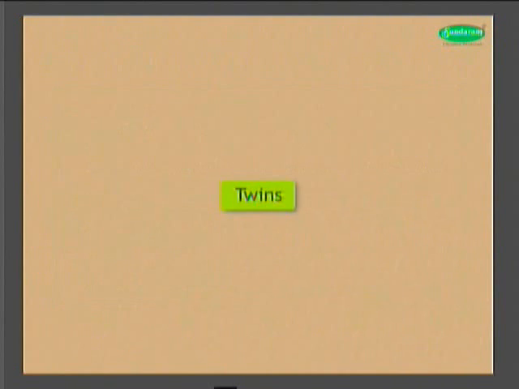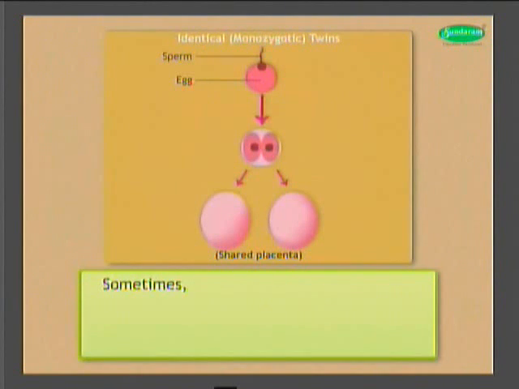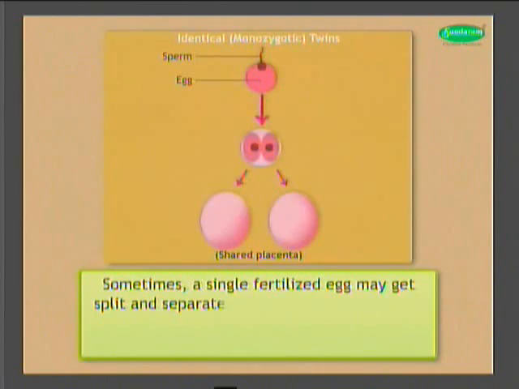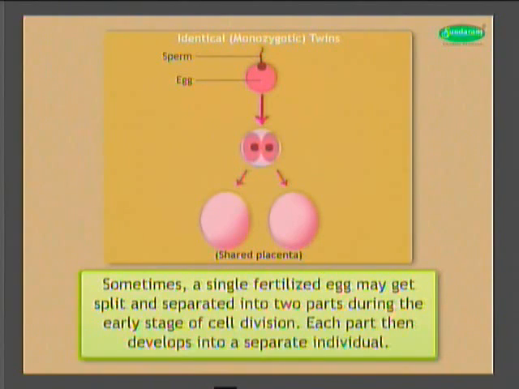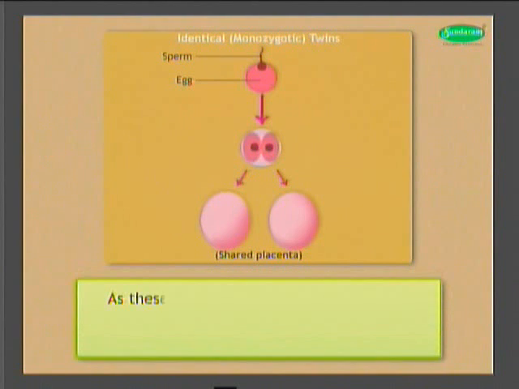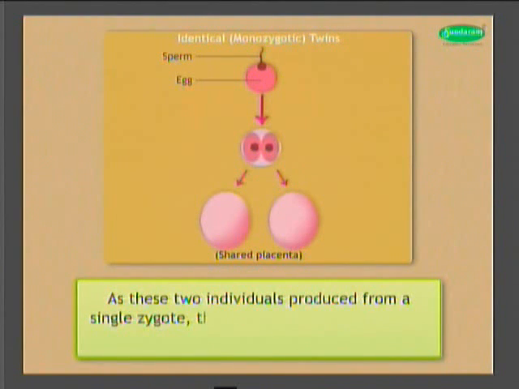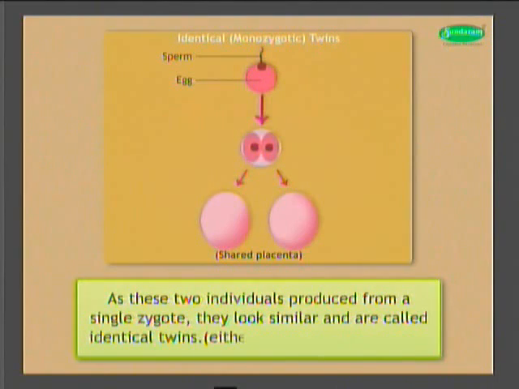How twins are born. Sometimes a single fertilized egg may get split and separated into 2 parts during the early stage of cell division. Each part then develops into a separate individual. As these 2 individuals are produced from a single zygote, they look similar and are called identical twins, either both